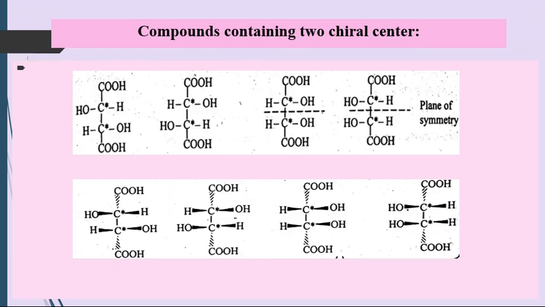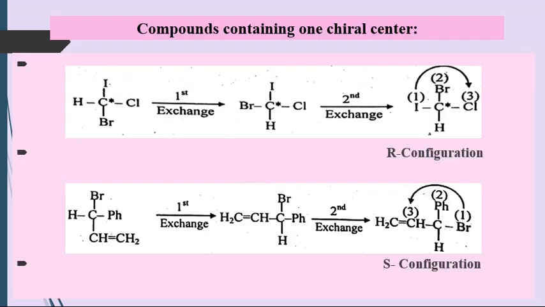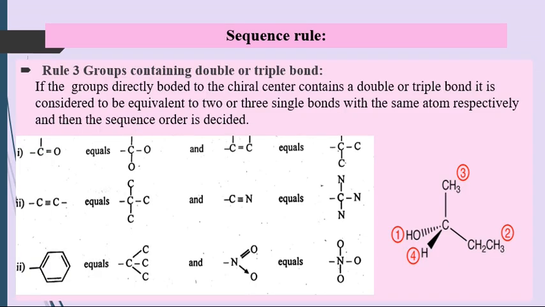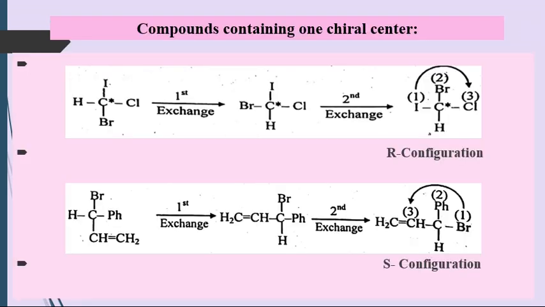Here, compounds containing two chiral centers. Okay, this is all about the compounds containing one chiral center, configuration of these isomers, enantiomers,